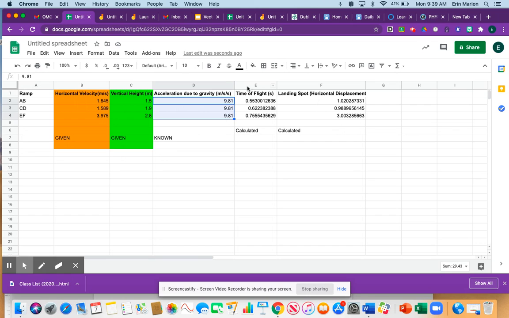The next thing I did in column E was I made a column for the calculation for time of flight. And what I did here was I selected this first cell. So this is where I have selected now, 0.55. It wasn't calculated yet. And I put the calculation in. In order to calculate the time of flight, I know from the homework that you did in class that the formula I needed was the square root of the vertical height divided by